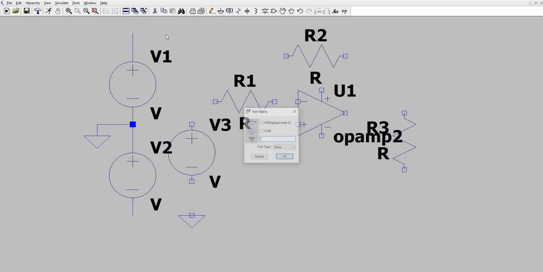Let us add the label VCC and negative VCC.